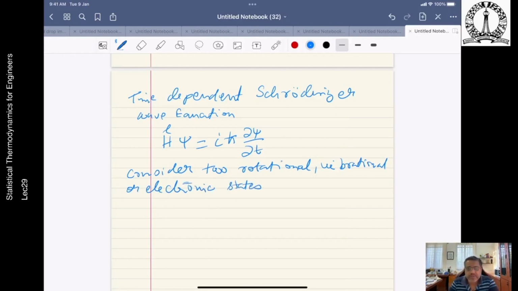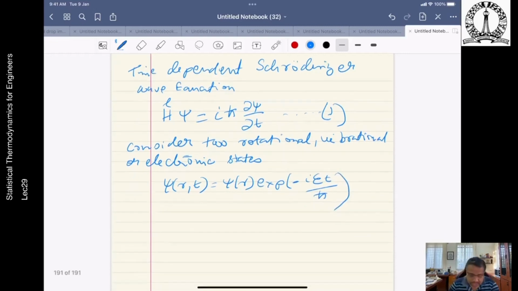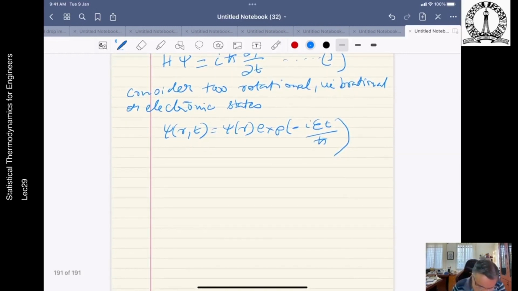So we find that the solution to this particular equation, say if this is 1, is given by, we already did this earlier if you recall, equation 5.38 in the book. So that was the, now for each one of the states,